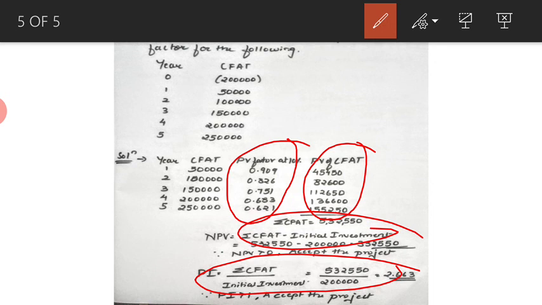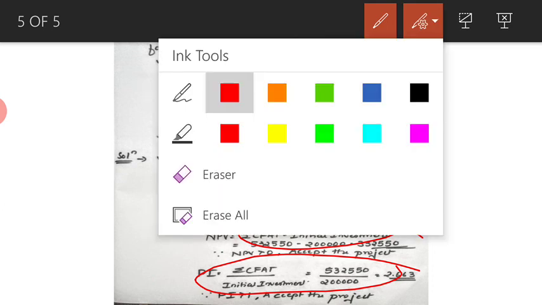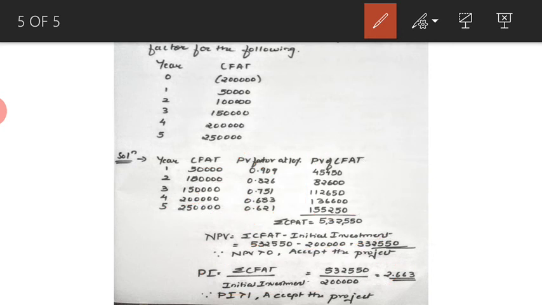I hope you are also clear with how to find the factor values using the factor tables. Okay, I'll just repeat. In this case, it was present value factor at 10%, and it is lump sum because cash flows are not uniform, so lump sum factors. So present value lump sum factor for 1, 2, 3, 4, 5 years at 10% is what we found out. We used those factors, multiplied them with the cash flows after tax to find the present values of cash flows after tax, and then we found the summation and used it in the formula.